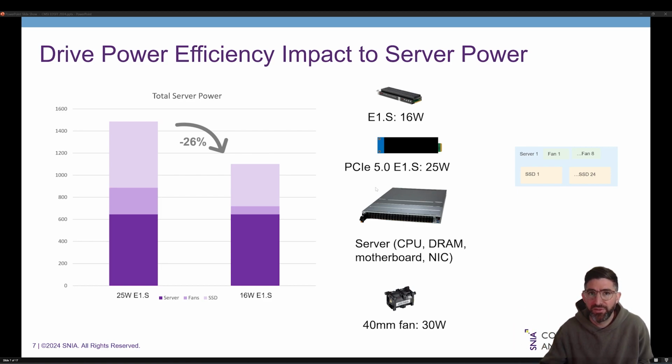Now, 1U servers are obviously notorious for these very, very loud, high performance 40 millimeter fans. They can consume up to 30 watts. In this specific server, they have 8 of those fans. You can see here, fan 1, fan 8, and 24 SSDs. Now, not just from a thermal perspective, but from an audible and noise perspective, it's a significant